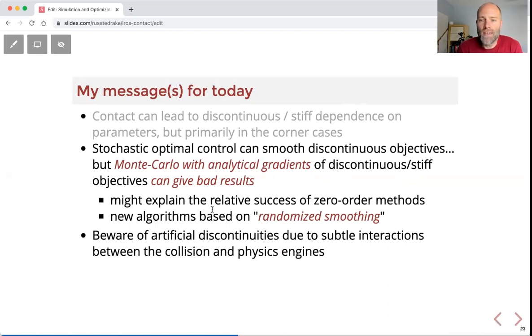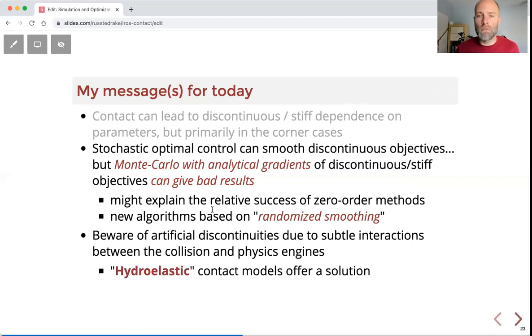Now, that's not to say that we should just rely on sampling to overcome all of the discontinuities in simulation. I told you there are some artifacts coming from our discrete time updates. I think there are other artifacts too, coming from our geometry computations. They can be numerically subtle, but they can have devastating consequences for your simulation. And I have to wonder how much of our smoothing and sample complexity and all these things are coming from actually the fact that we're not simulating as well as we could be. So let me talk a little bit about hydroelastic contact models as a partial way to try to attack this problem.